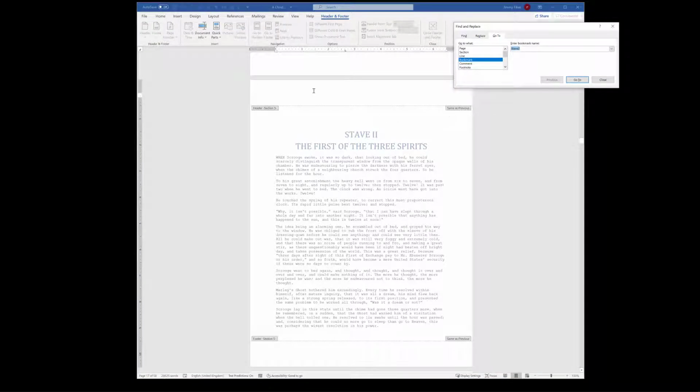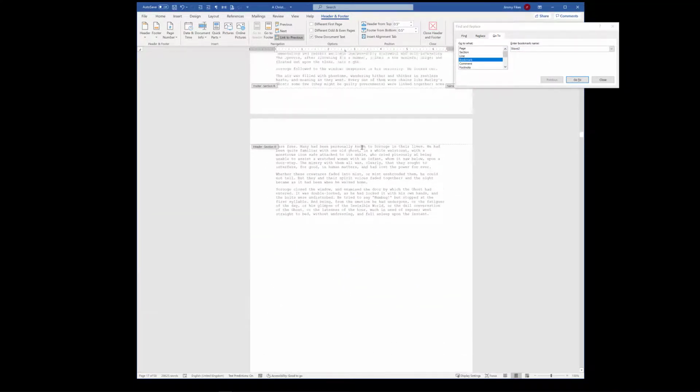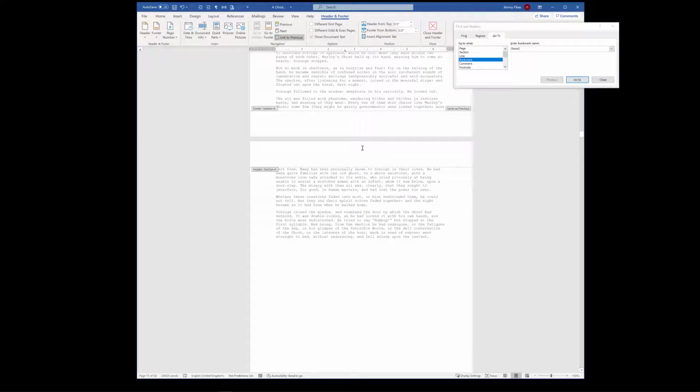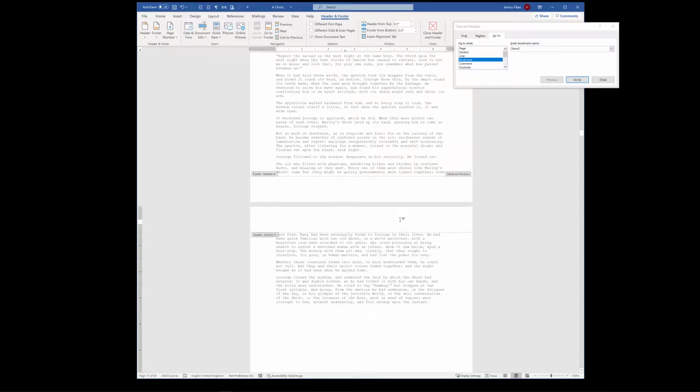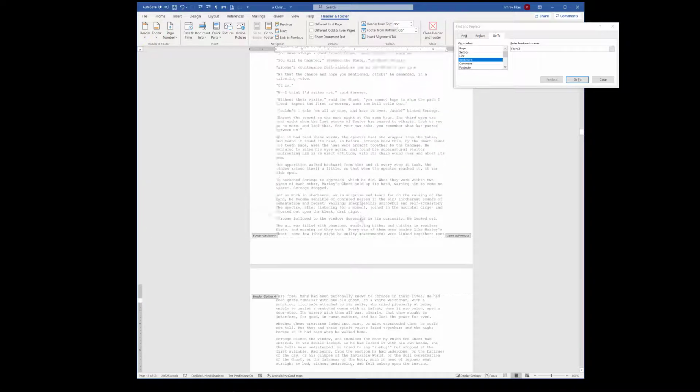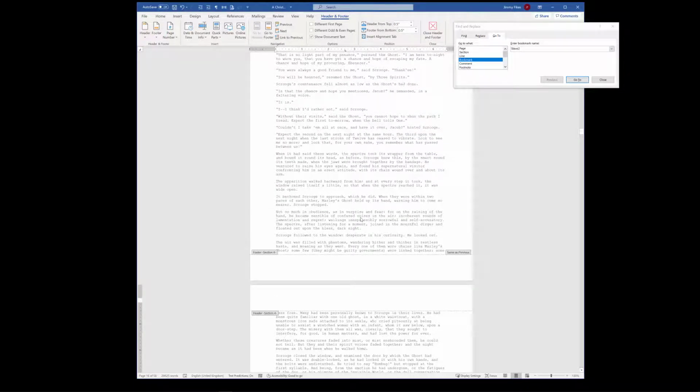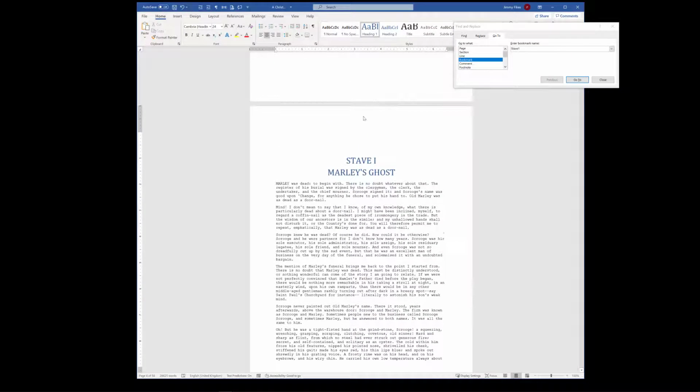And I will come up to Link to Previous and break that connection. See, even though in header 4, in section 4, which was Stave 1, all of the Link to Previous were broken whenever I broke that first page of the section. Whenever I broke the link here